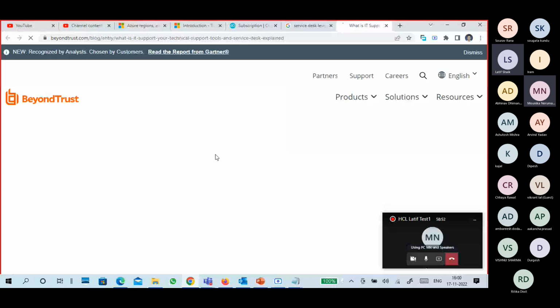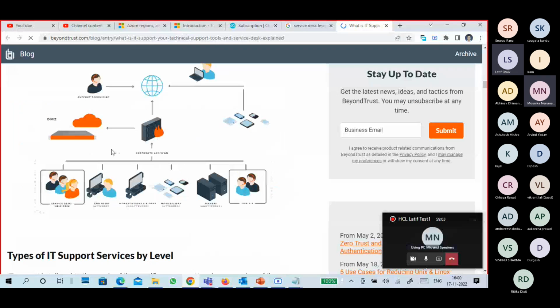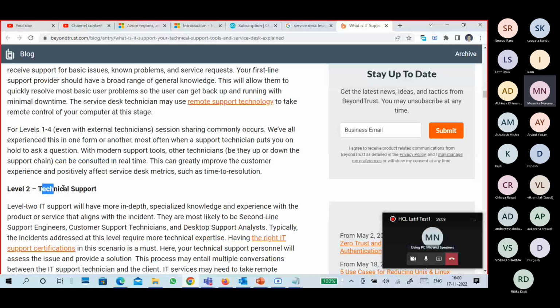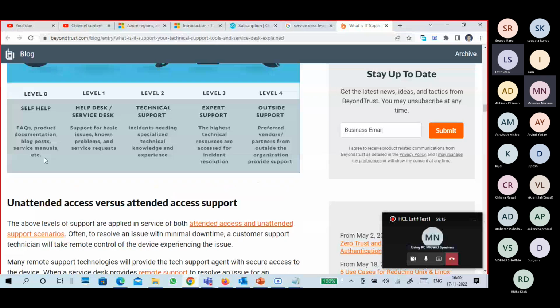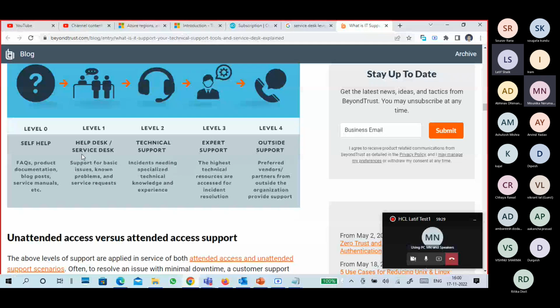Level 0, self-help and service desk, technical support, expert, outside support. So L0 is FAQs, products, documents, blogs, service manual, etc. Help desk or service desk, support for basic issues and service requests. So mostly you are eligible for L1 because you're trained, you have knowledge on it.